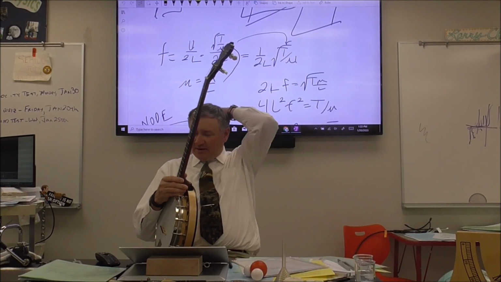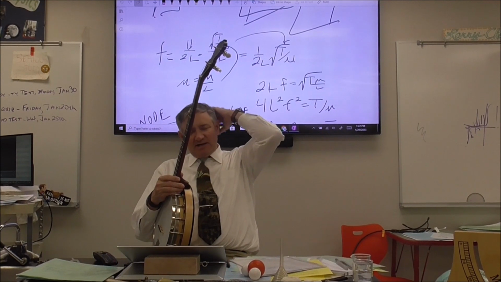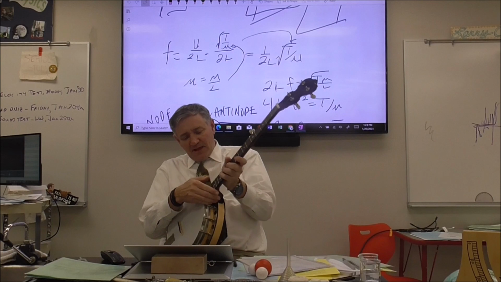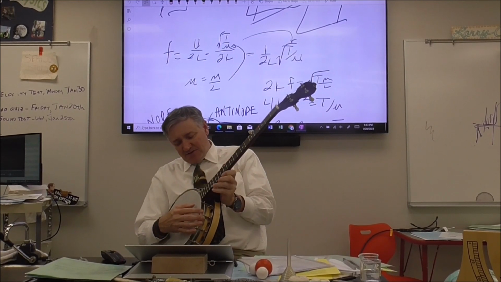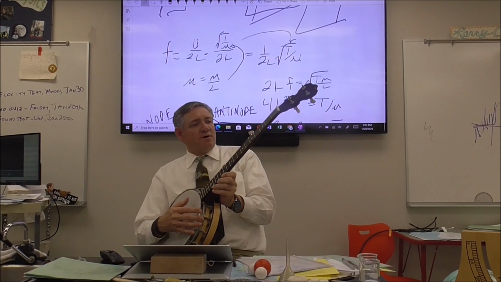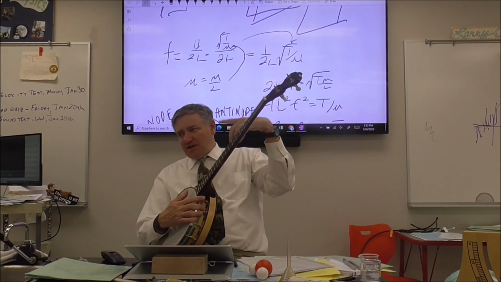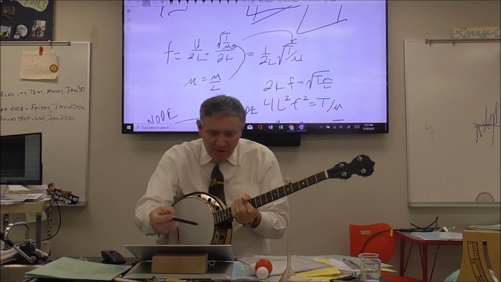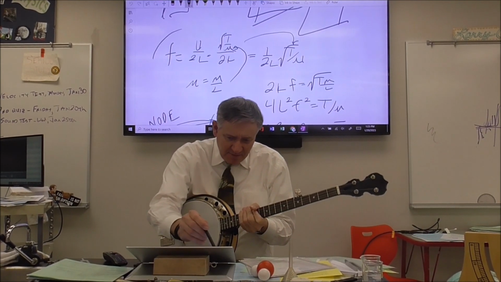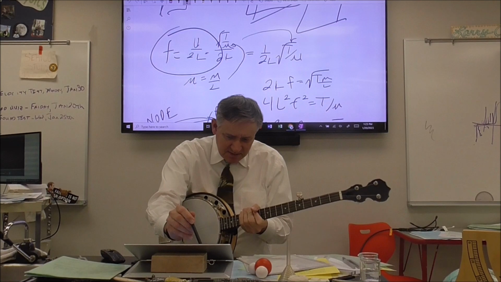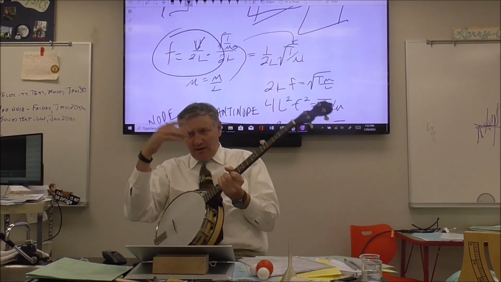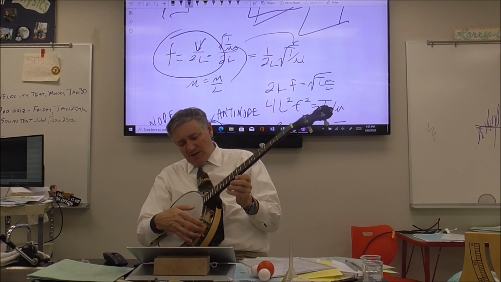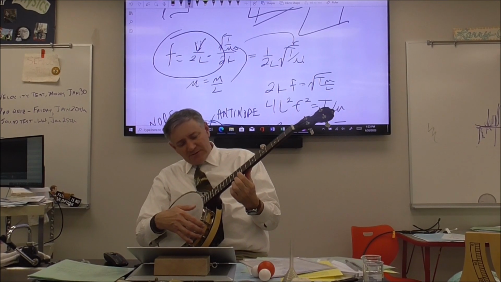so let's talk about this concept of harmonics and how it plays out basically with different instruments. If you've ever played the banjo, the guitar, anything like that, one of the things you can do to tune it is change the tension on the string. So you've got this equation: the frequency of the tuning fork is the velocity divided by 2L, and L is length. So this is why, if you strum this note, but then if you shorten it up